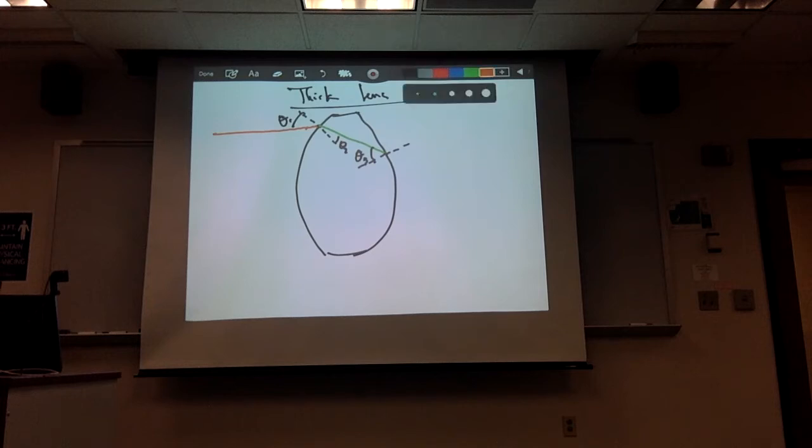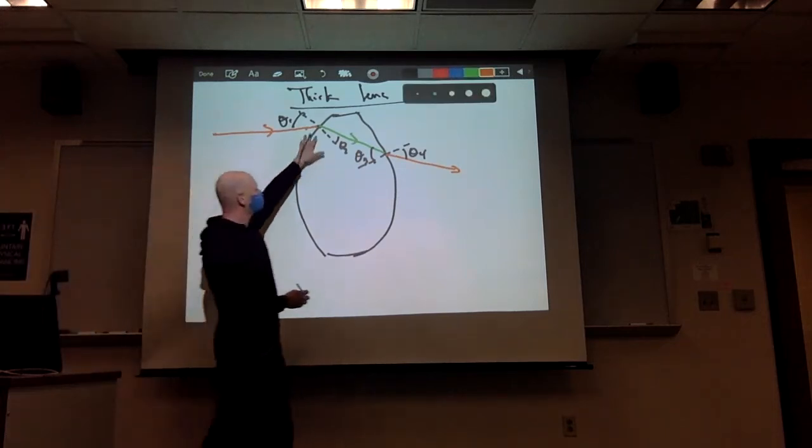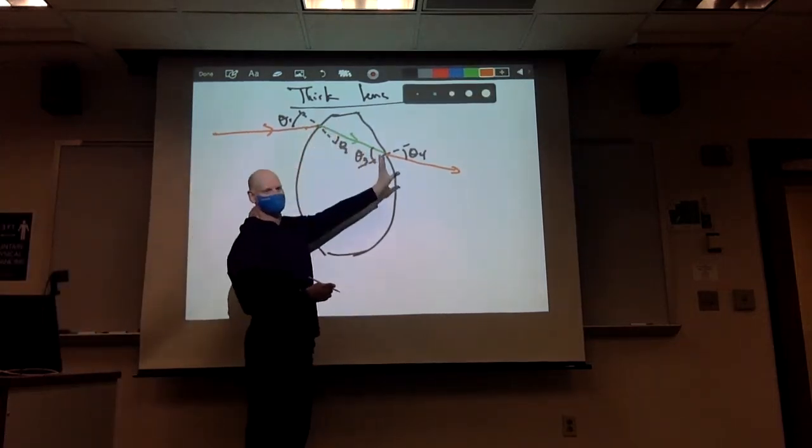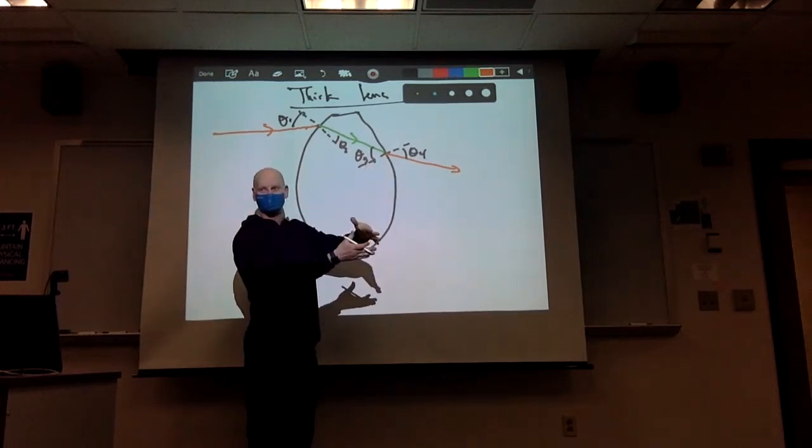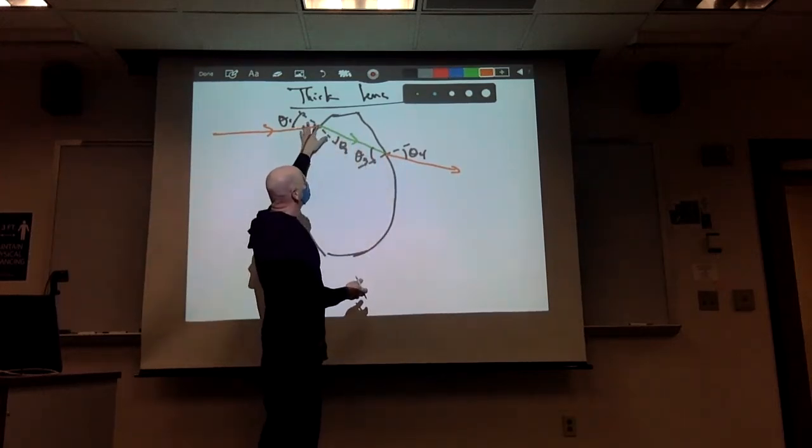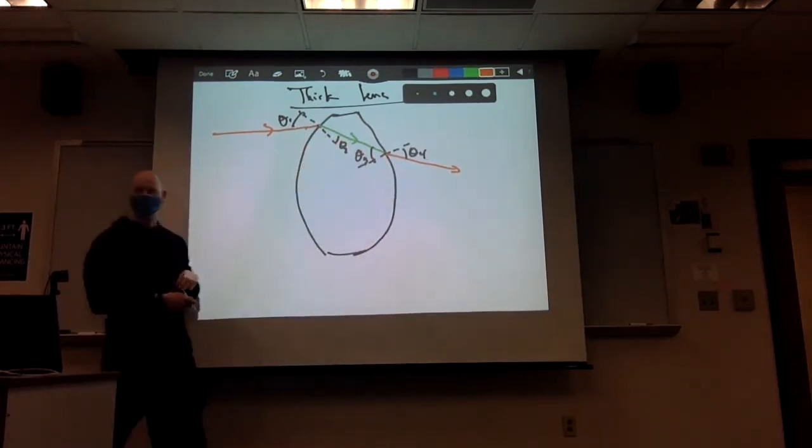It's then going to be refracted on this side and do something like this. Well, this is going to be my final angle of theta 4. So basically the point is, if I was using thick lenses, what would happen in this case is I have to worry about the index of refraction and how this thing actually deviates on the inside, because the light rays are going to go under different paths depending on how this thing actually hits and then moves through the inside